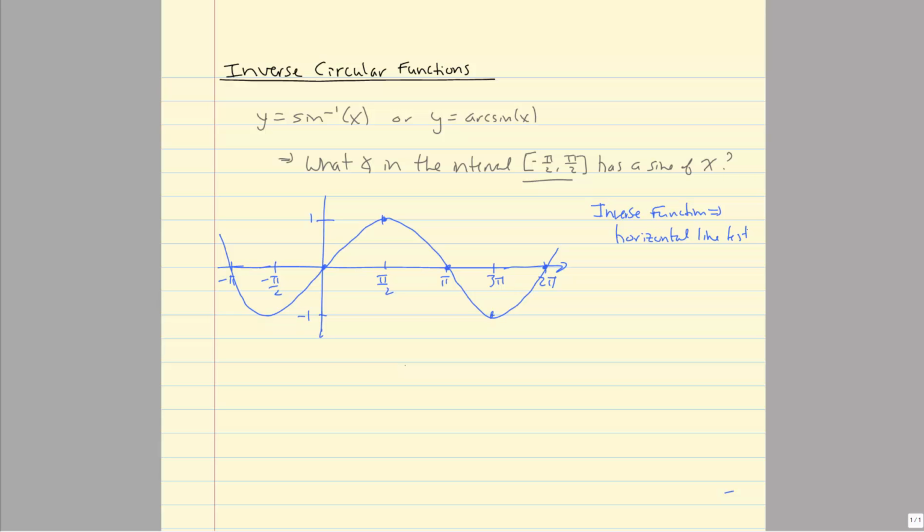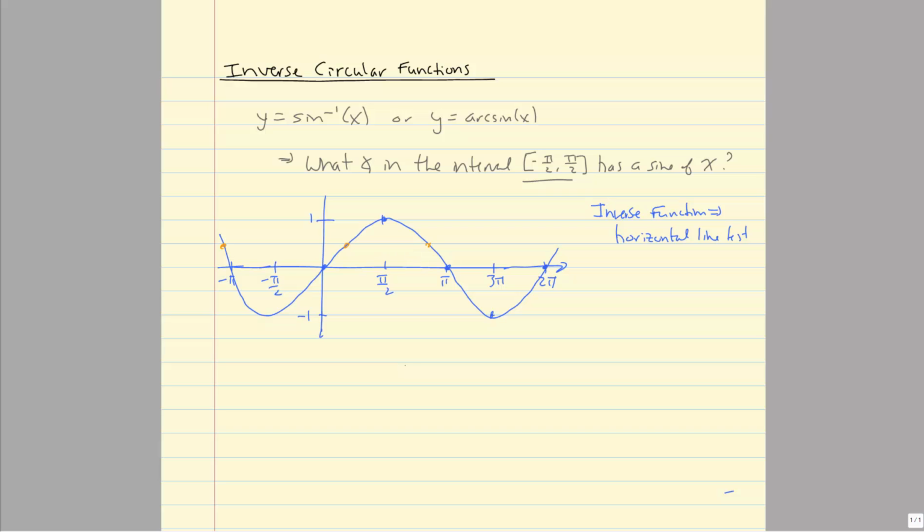But what an inverse function does is it has to pass a horizontal line test. So an example of a horizontal line test would be something like this. And if you notice right away, it doesn't pass that. It hits in 3 points, 1, 2, 3. So it fails the horizontal line test. And you might say, well, why are we learning about these if it fails the horizontal line test and an inverse can't exist? Well, what we do is we decide where to restrict it so it will pass the horizontal